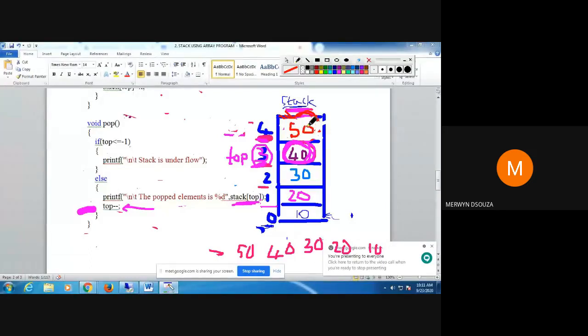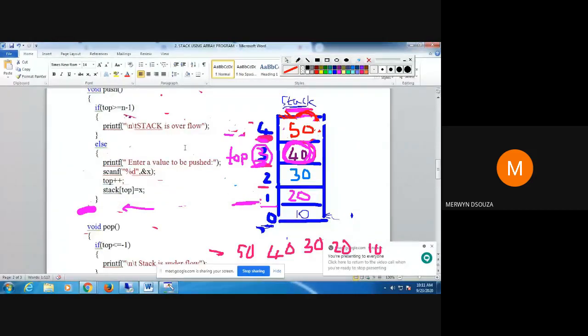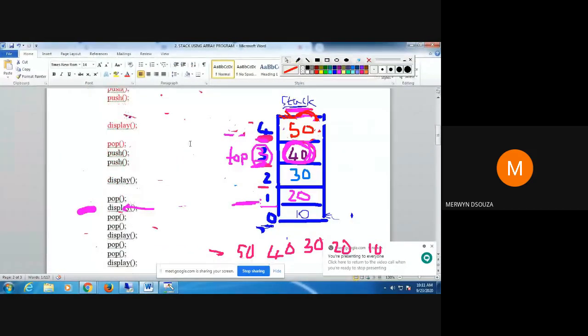So this value still remains here. I made it in red. Now we go back to the main function. I did this pop, now again I'm pushing a new value. Look at this diagram before we go to the push. The value of top here is 3.